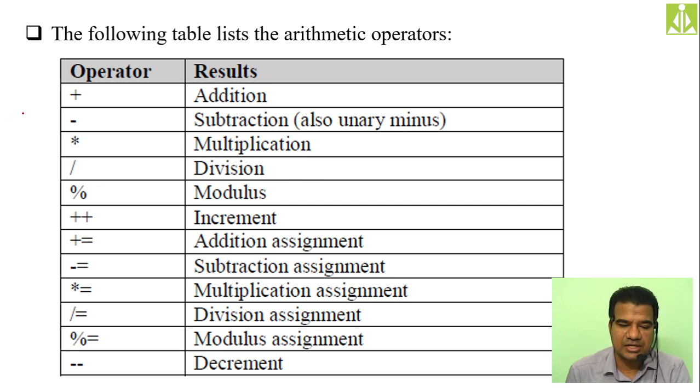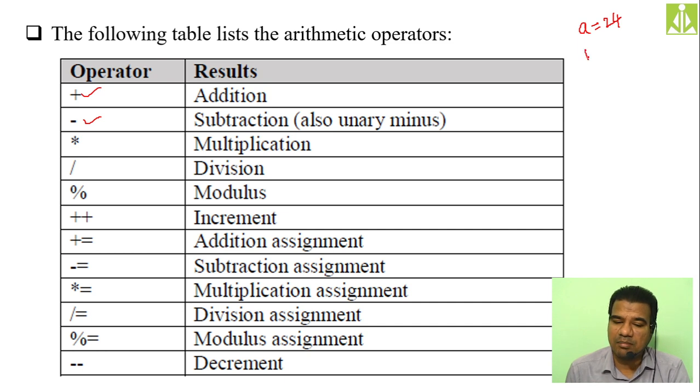Then arithmetic subtraction, to subtract one number from the other, we use arithmetic subtraction. This arithmetic subtraction also has a unary form, unary minus. To negate a particular value, to take the negative value of an operand, we use this minus operator, or subtraction operator. How come? Suppose you have a value as 24, let us assume. If I want negative a, what I have to do is simply put this minus sign, unary minus, before that a.